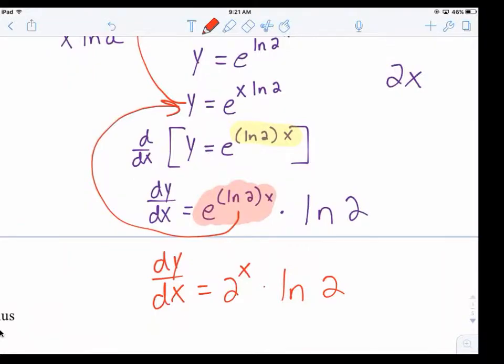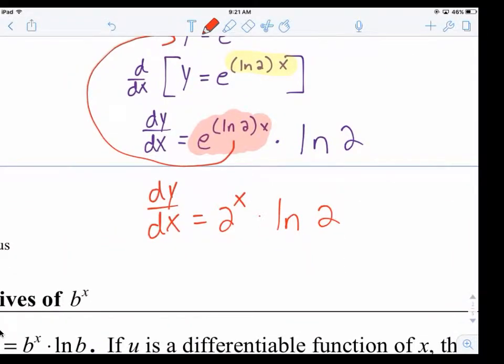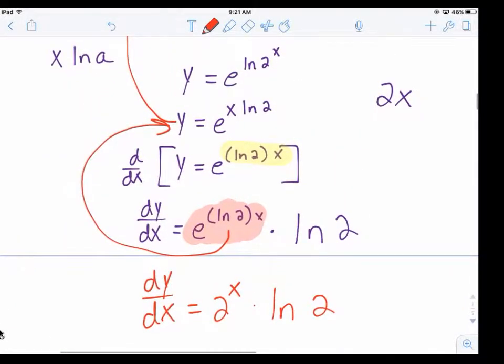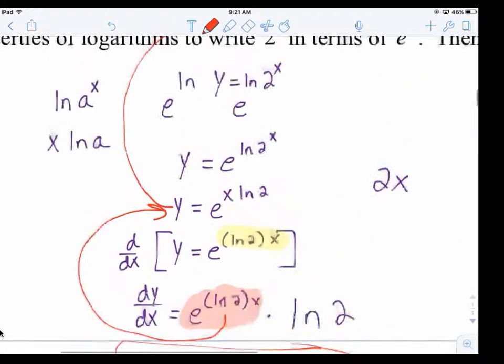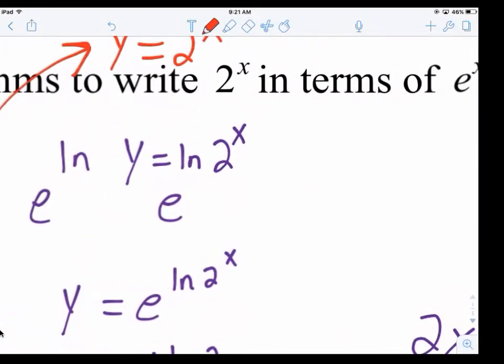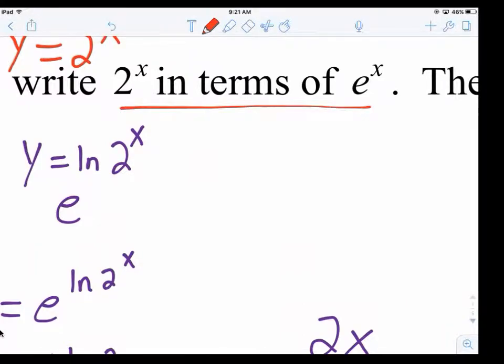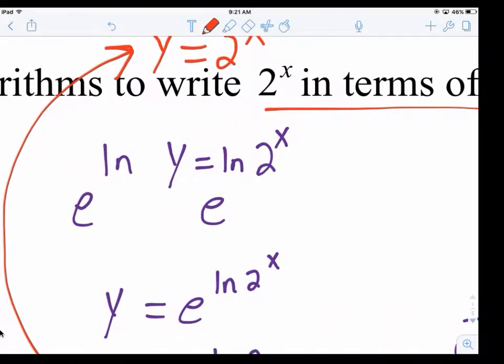Again, you don't really need to remember this part. This is just showing you how to come up with the derivative of the exponential. So again, we wanted to write 2 to the x in terms of e to the x. So you need to somehow incorporate e to the x on both sides. So if I can take the e of ln of 2 to the x,